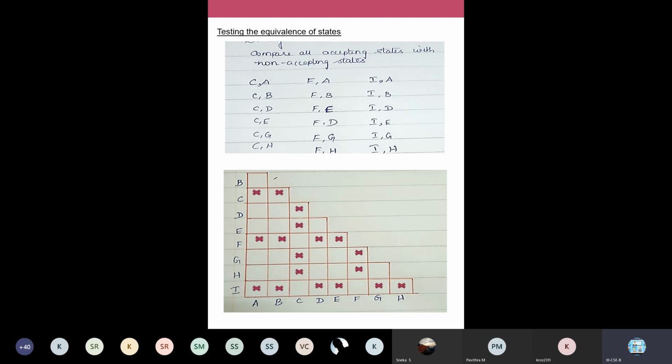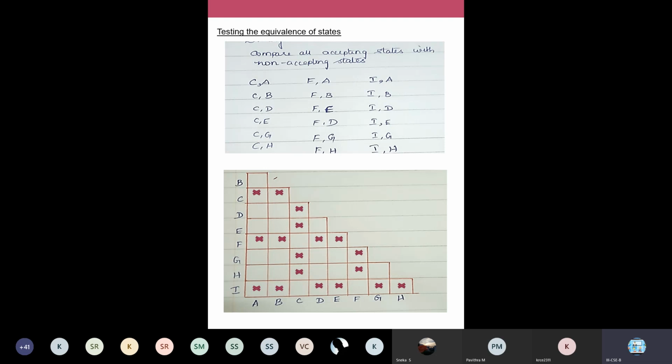In P and Q, if you are applying the same string, they must go to accepting state. Like that we are going to analyze. If so, they are equivalent. If there is any deviation, one is going to accepting, another one is going to non-accepting, you can say they are distinguishable. Okay. So up to this, have you all completed? Have you all marked the distinguishabilities in your table? So in the first step, we have marked distinguishabilities like this.